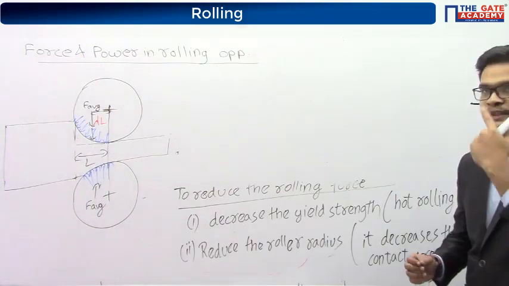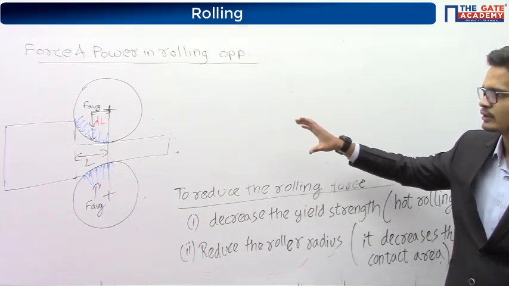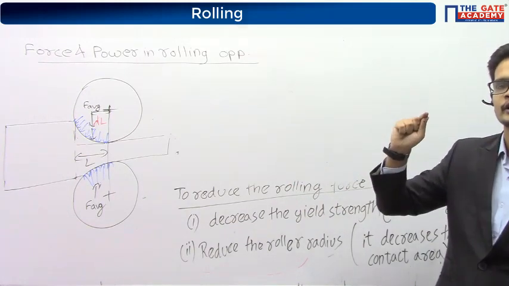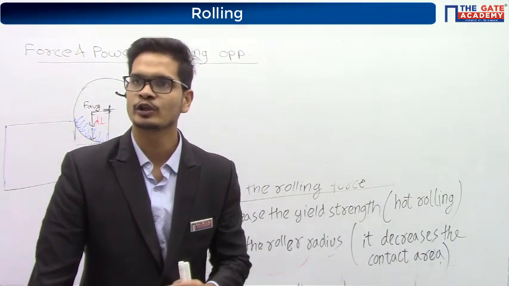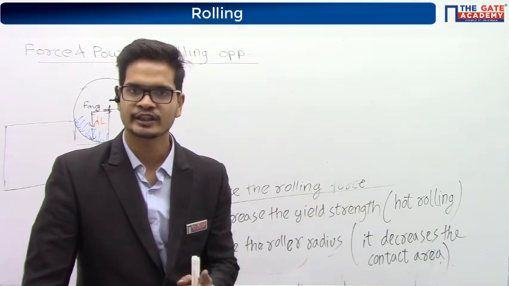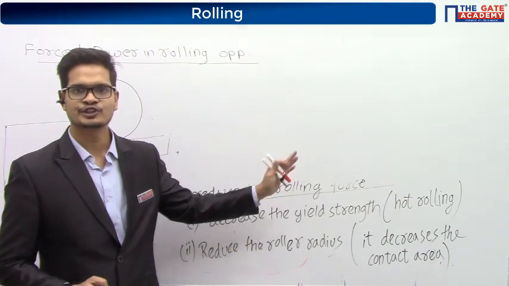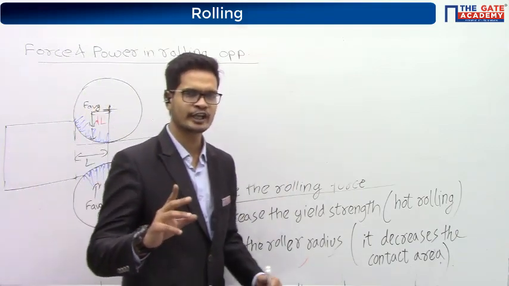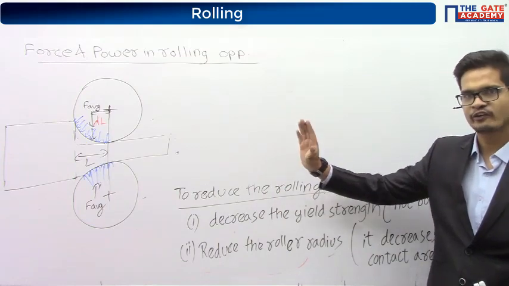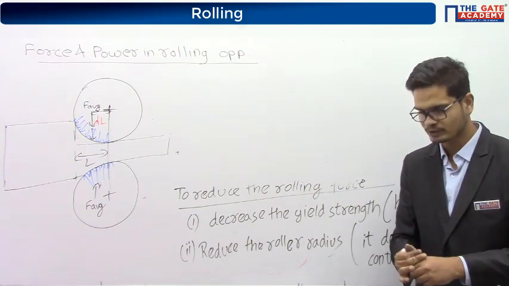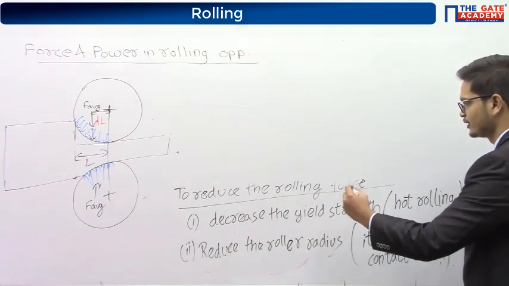Okay, see, one thing we are reducing is the F average for reducing the power consumption. There is some other reason also to reduce the F average. What is that reason? I'll show you in some time. Please wait for 5 or 10 minutes. It is not always necessary that we are reducing the F average only for power consumption. There are some other reasons also. I'll show you. Please wait.